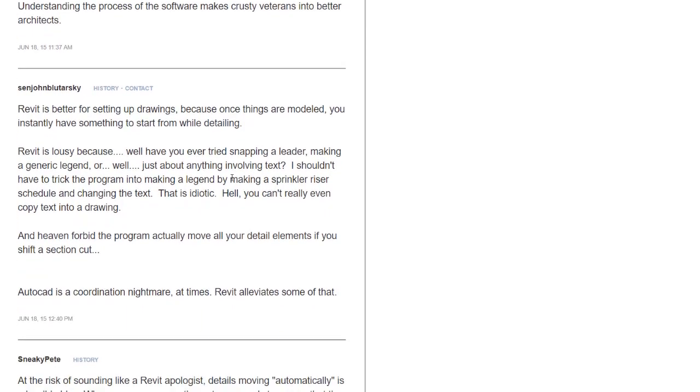Interesting. We have Senior John Blutarski. He says Revit is better for setting up drawings because once things are modeled, you instantly have something to start from while detailing. This is what I mentioned earlier. If you spend your beginning time knocking out that 80% of that 3D model, then 60 to 70% of your 2D work is already complete. He continues on saying Revit is lousy because